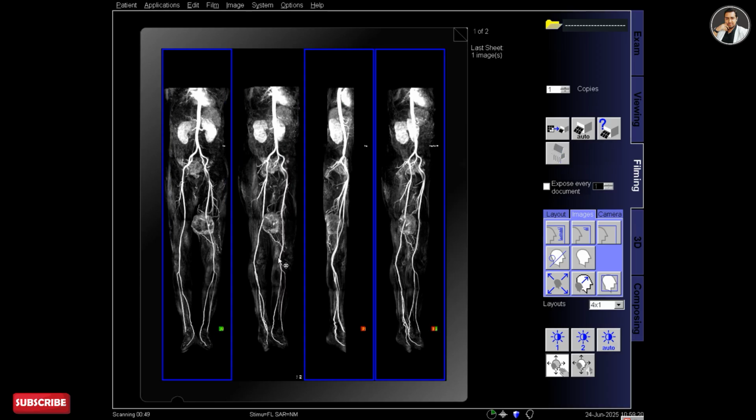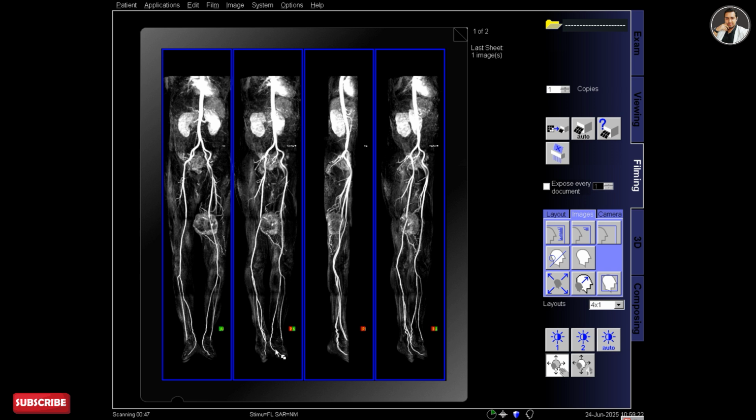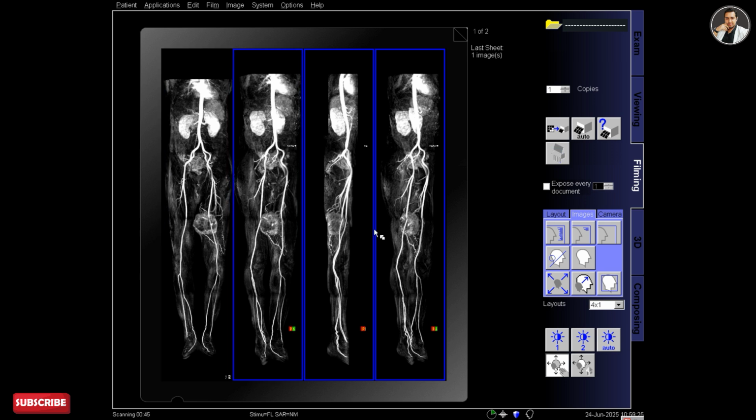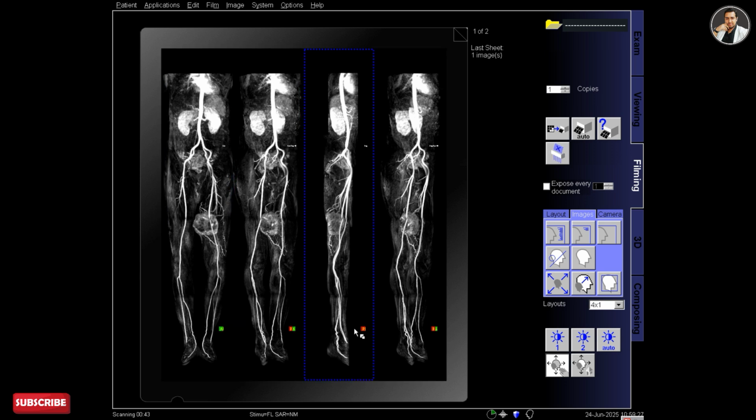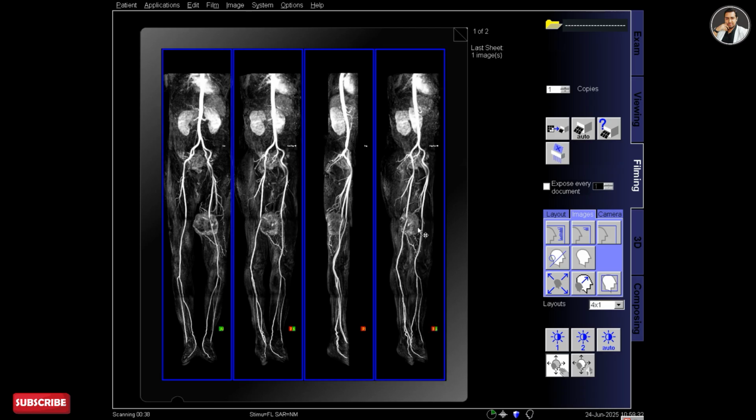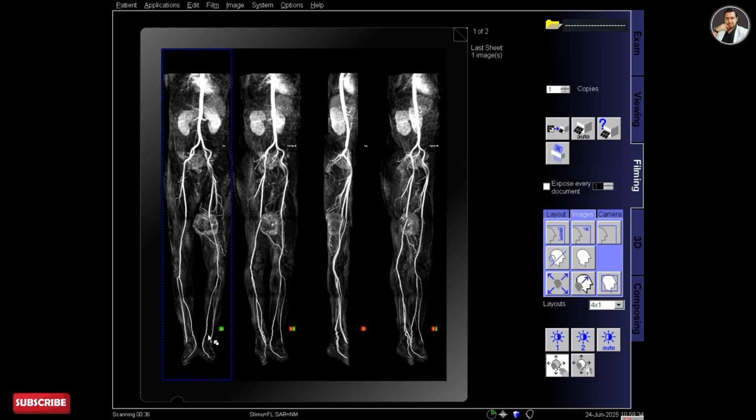I think 4:1 is better, and in this format the columns are wider. Previously it was narrow, but now it's wider and it looks good. Like this you can print 2 or 3 films for angiogram of lower limb.